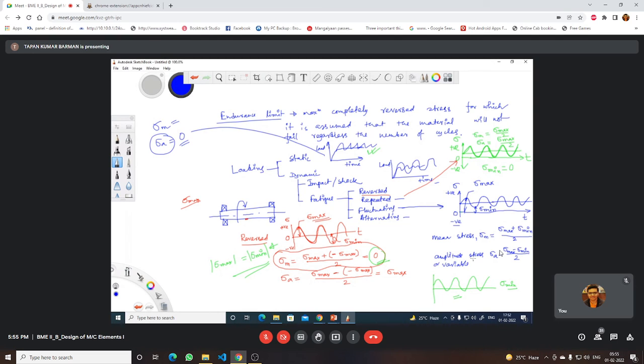Okay, so amplitude stress or variable stress, suppose it is sigma max minus sigma min by 2, that should be 0. But in mean stress, there should be some value. So you may differentiate between static loading and dynamic loading, or static loading and reversed loading. Understand? ইয়েস স্যার।